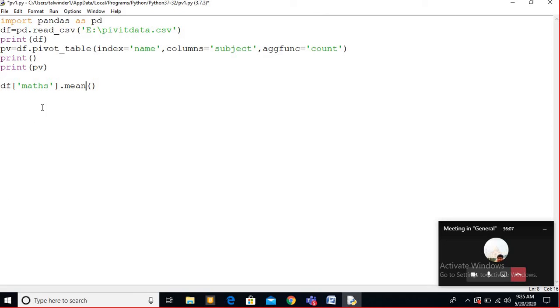So in that way a 1 mark question will come to you, and also how to insert rows and columns. These come very often. If you see the previous sample paper, the questions are related to that. How to insert a row, how to insert a column in the data frame, how to rename a column of the data frame. Please keep it in mind. Okay, so in that way the question will be formed for you. So that's all for this pivot table.